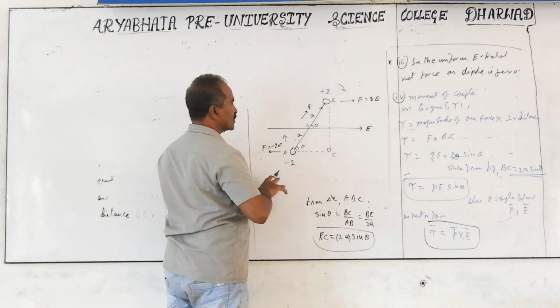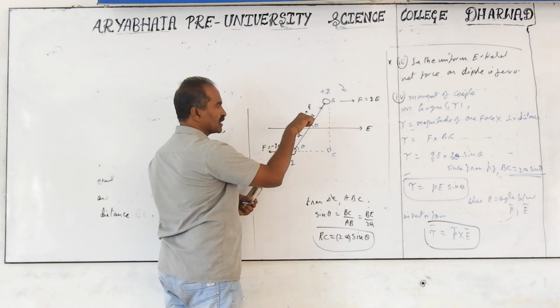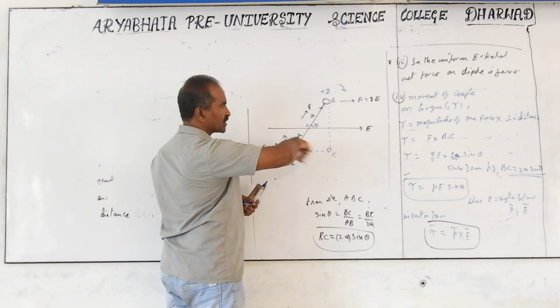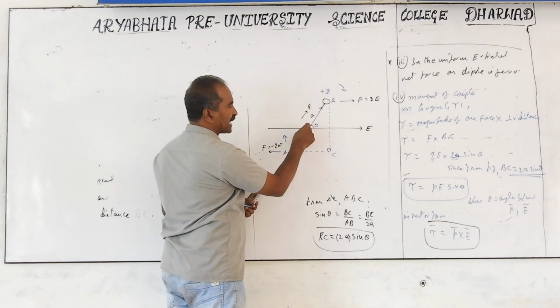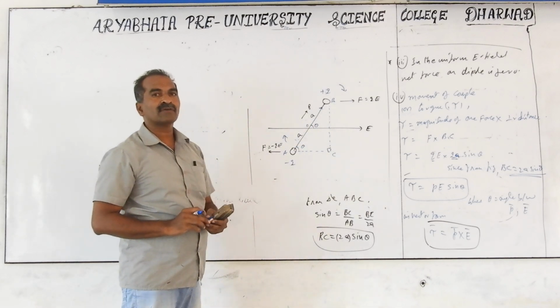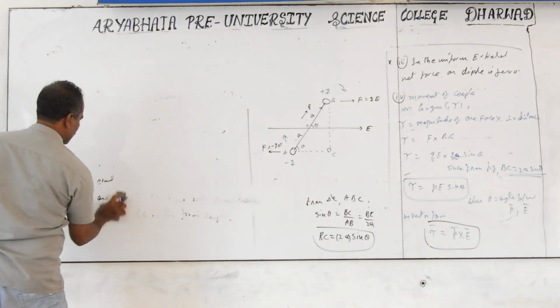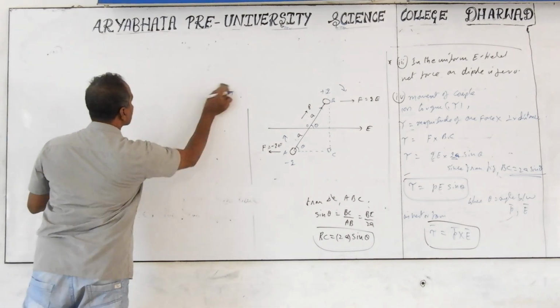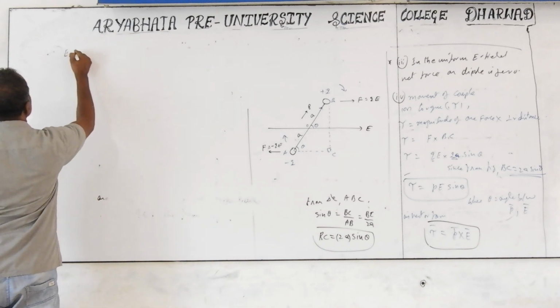It rotates like this. If you take the thumb, the thumb is in this direction. The rotation is clockwise in the diagram. Clockwise rotation, and torque acts along the axis of rotation. The tau is perpendicular to both P and E and acts along the axis of rotation; that we take as an extra point.